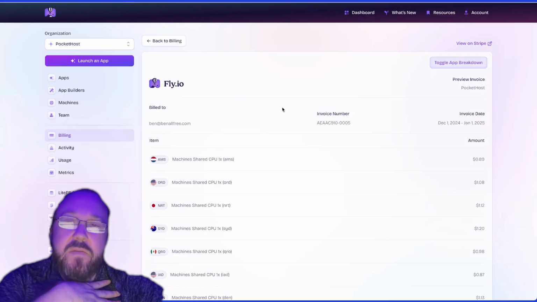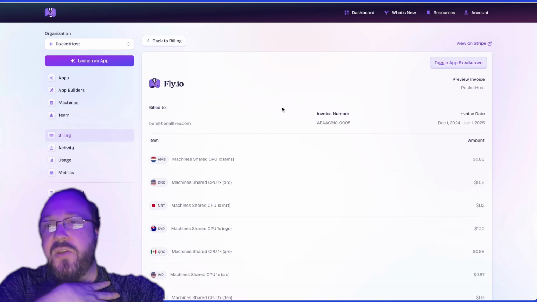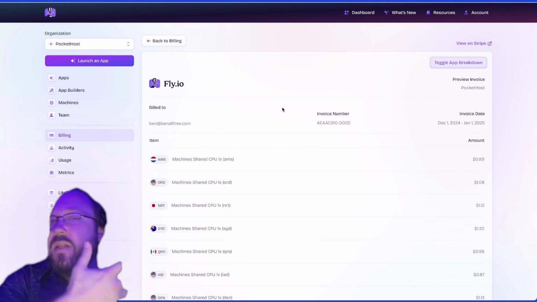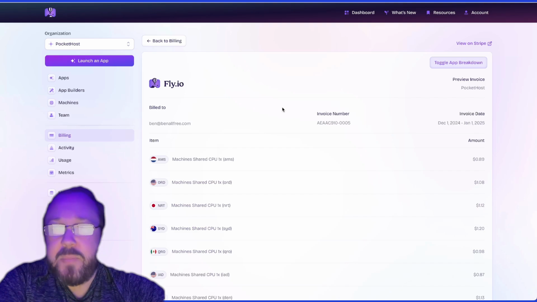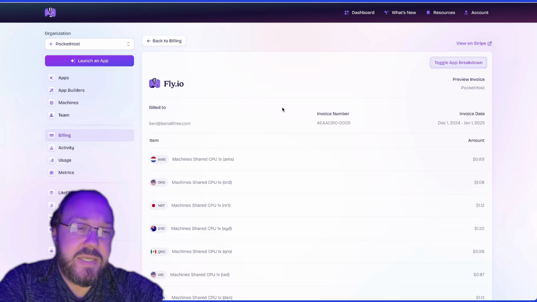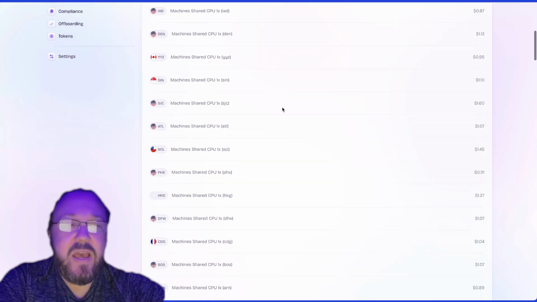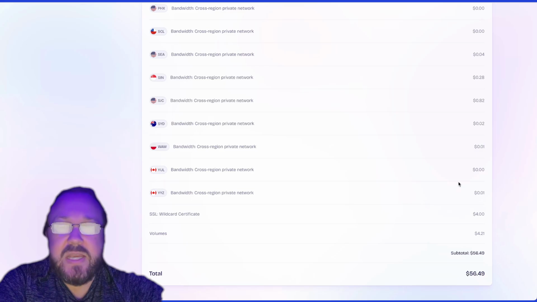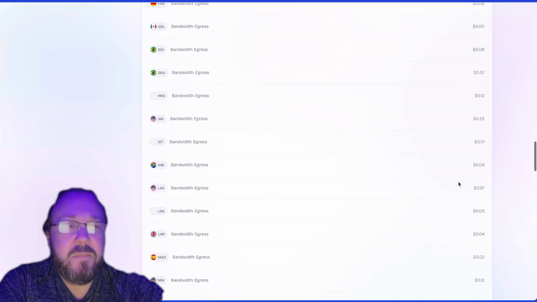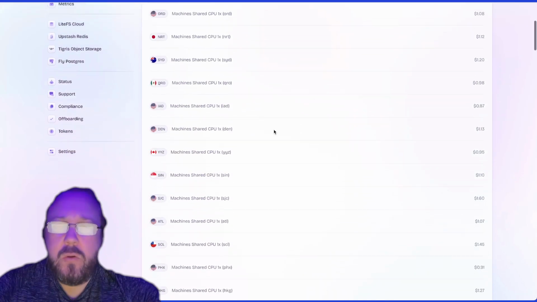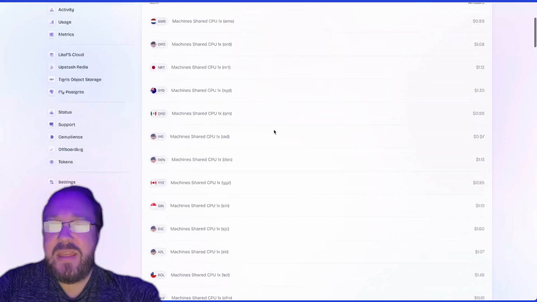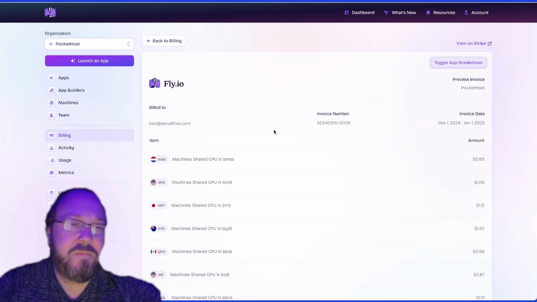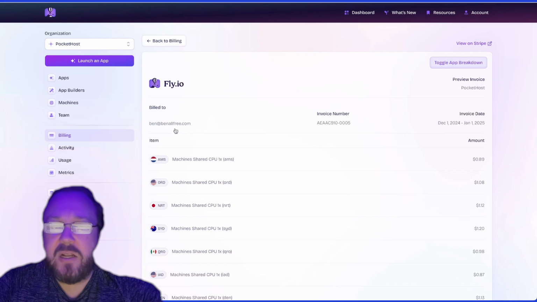I want to move everything over to Fly, and I want to only support basically the latest version of PocketBase on the new Pocker network. So as you can see, we have a bunch of machines here. Cost us about $56 in bandwidth and machine allocations. So there are some costs here, but I think we have enough revenue to move forward with Pocker and continue